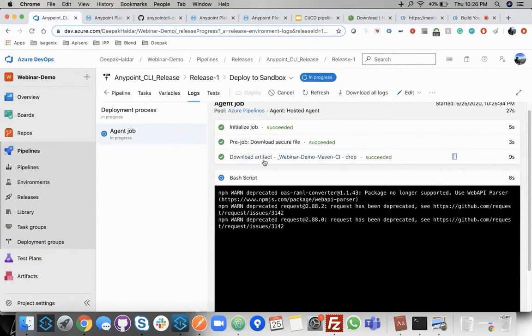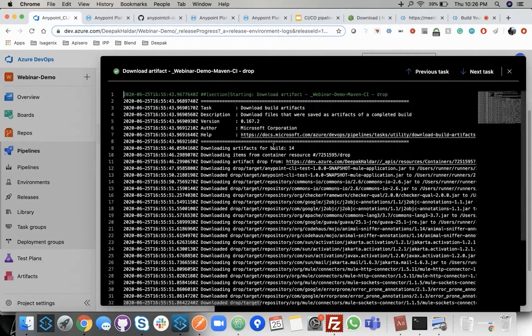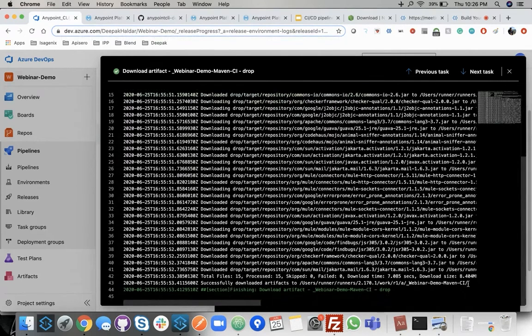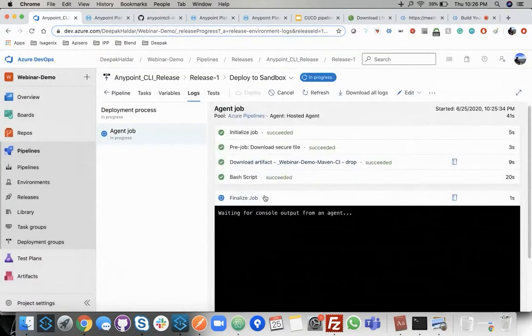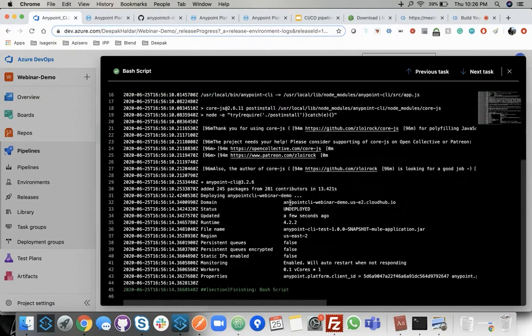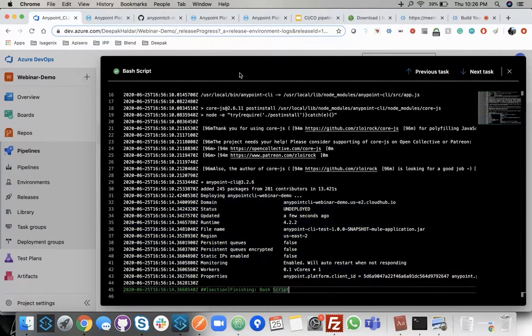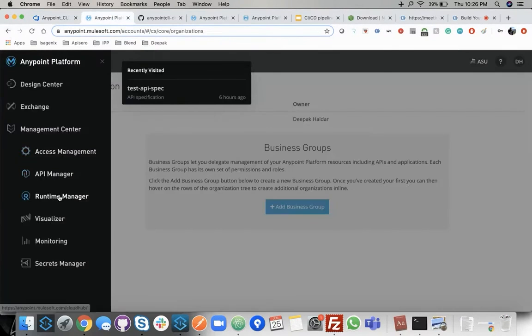Yeah. So this is the first step that it does. It downloads the artifact. So you see it goes into there. It downloaded your jar that was generated from your Maven deploy. So it does that, and now it goes into this bash script where it actually runs your script that you had in your job. So you can see it says deploy Anypoint CLI webinar demo. So it's deploying our application. Now if I go into my Anypoint platform, and if I go into my runtime manager here,